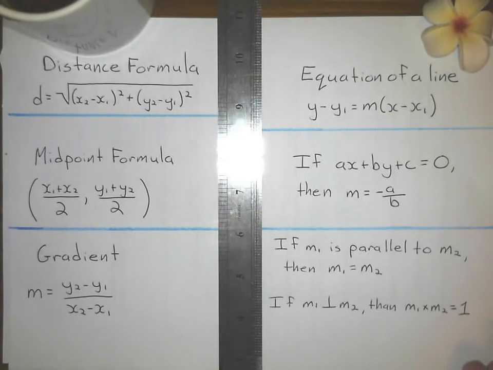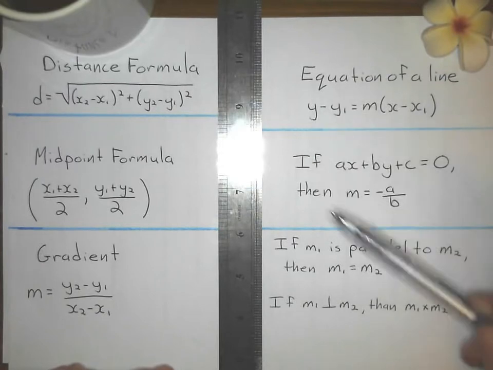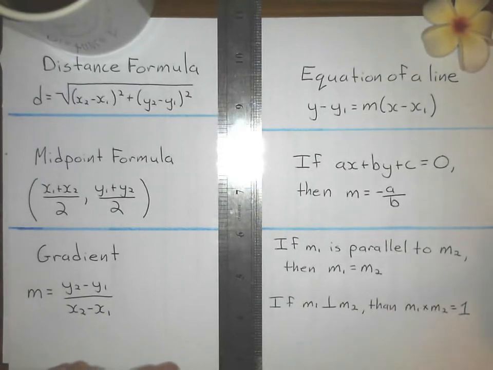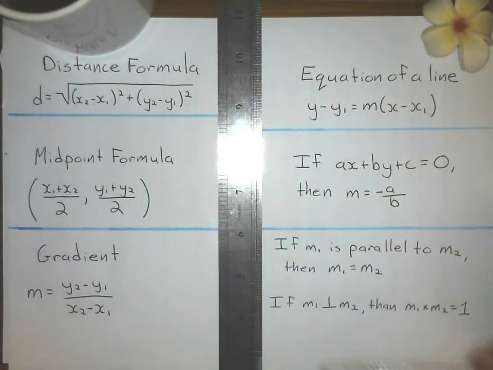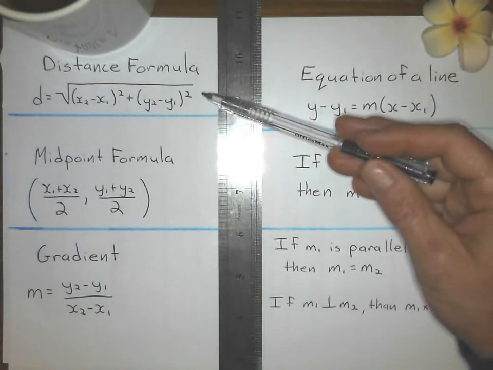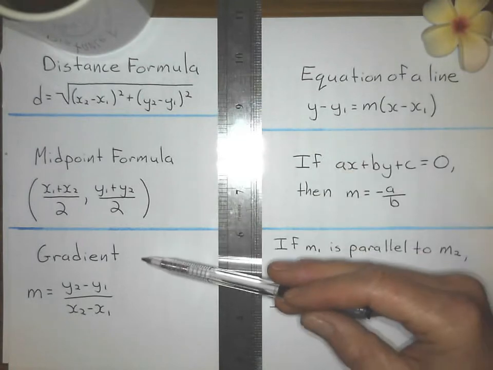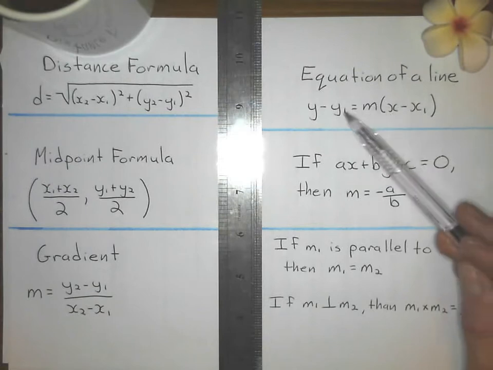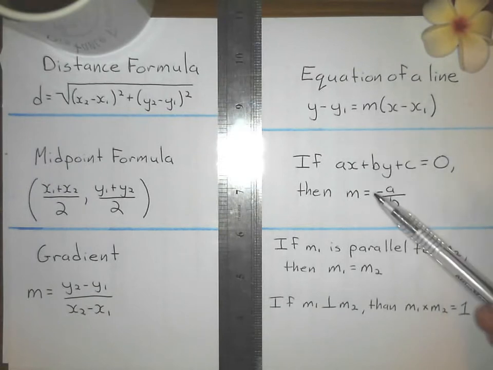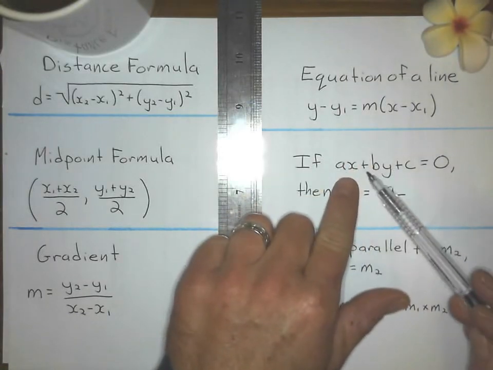Okay, welcome back. We're going to work out some coordinate geometry problems, and these are the formulas that we're going to use. So it might be helpful to have a formula sheet while you're working some of these out, including distance formula, midpoint, finding the gradient between 2 points, equation of a line in point gradient form, how to find the gradient if it's written in a general form like this,